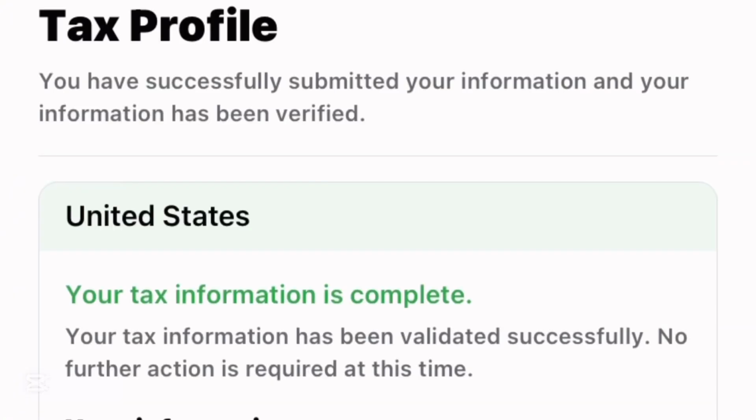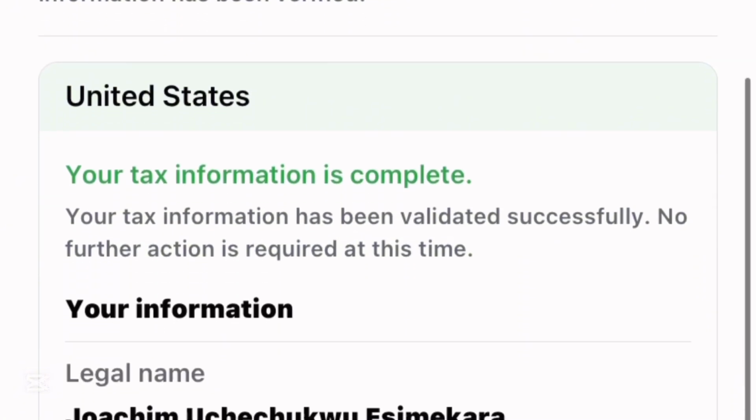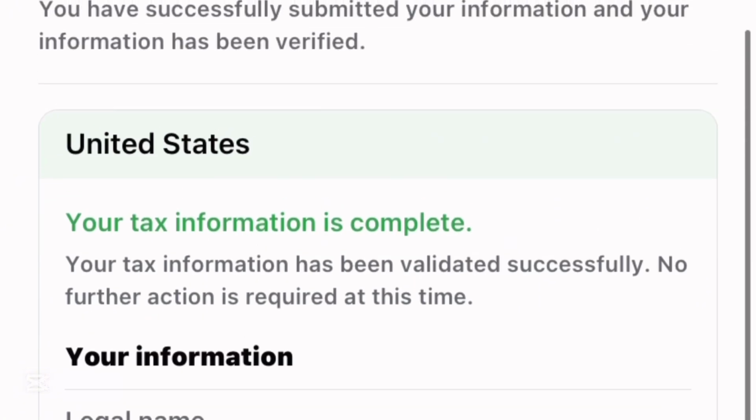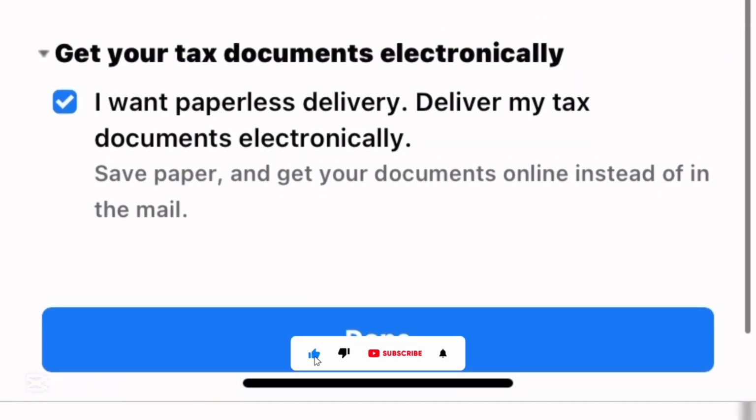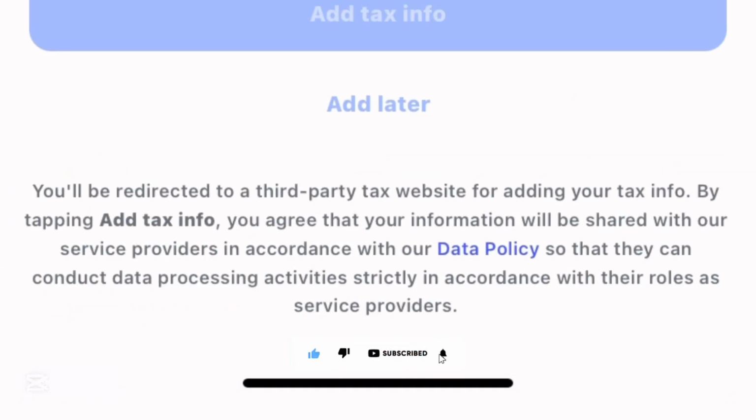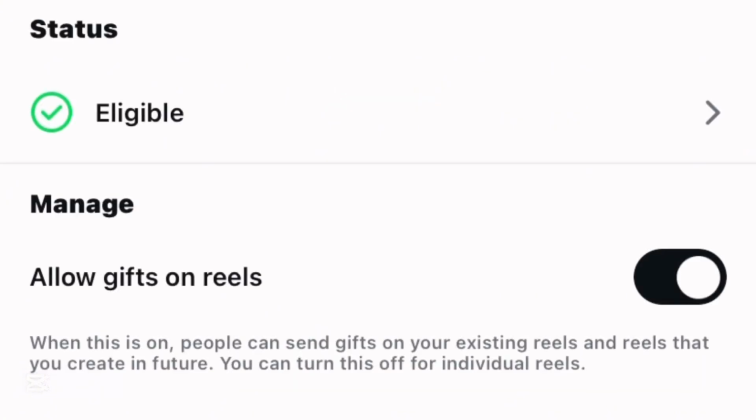Okay, you can see right now you have successfully submitted your information and your information has been verified. Okay, so these are the details I inserted right here, and actually this is what I have gotten. And so this is the final stage of you monetizing your Instagram account. Just come down and click on done. So you can actually see that your Instagram account is fully monetized. So right now you can actually see that this Instagram account, we start receiving payments